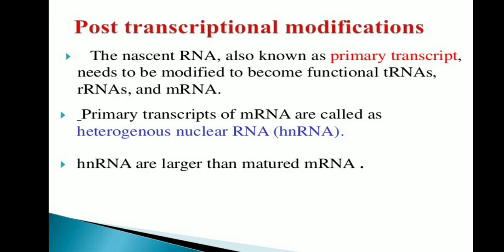The nascent RNA, that is the premature mRNA, is also known as a primary transcript. It needs to undergo some modifications to become the functional or mature tRNA, rRNA and mRNA, right? The primary transcripts of mRNA are called heterogeneous nuclear RNA, that is hnRNA, right? These hnRNAs are larger than the mature mRNA because